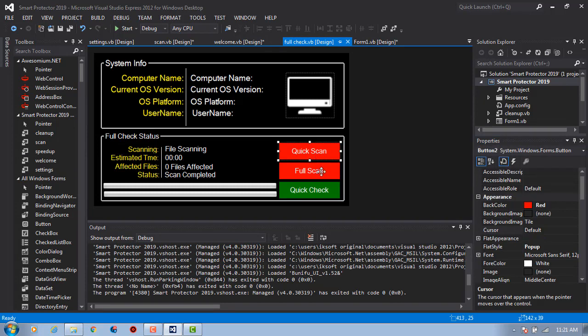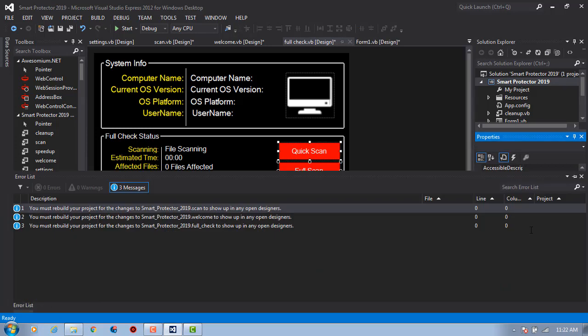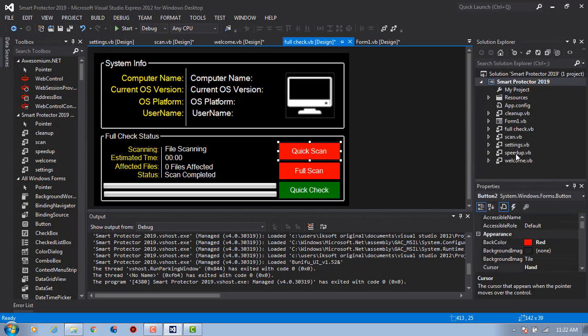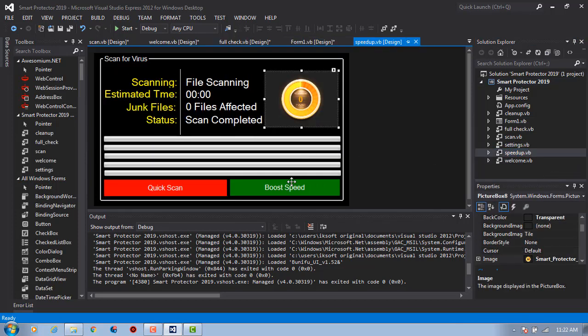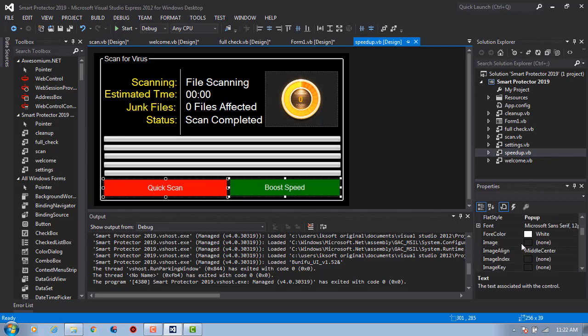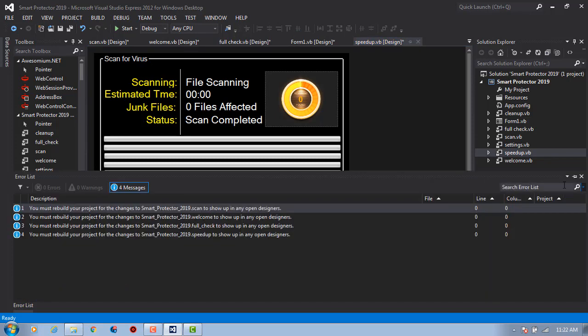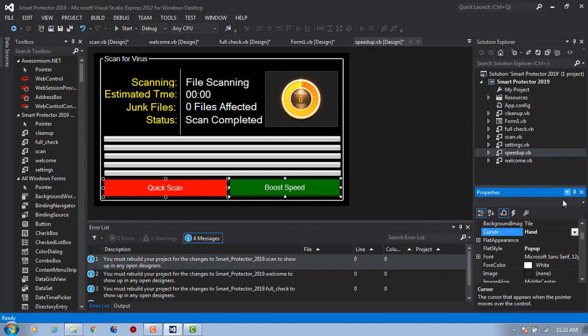Okay, it's not done, so let's change all of them to hand. Good. So let's see, it's hand. Good. So let's see for the speed up. I think the speed up needs to be changed to hand as well. Good. And then